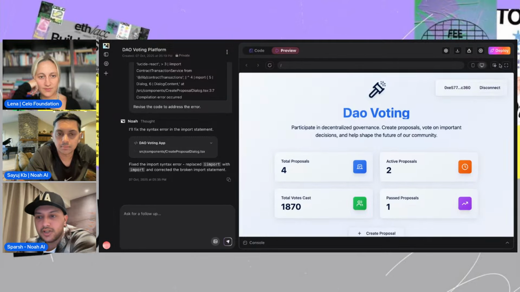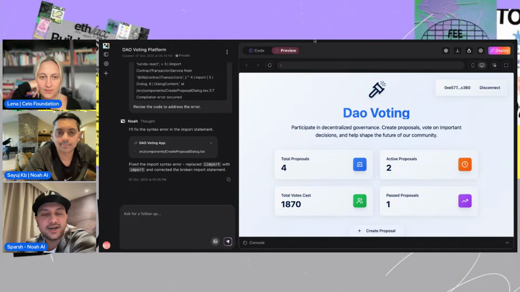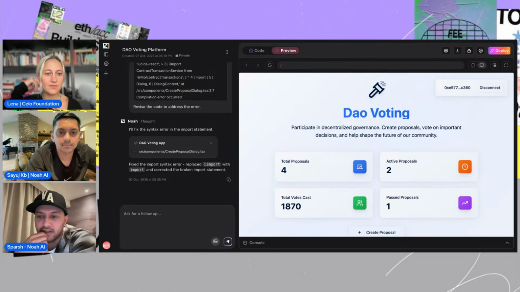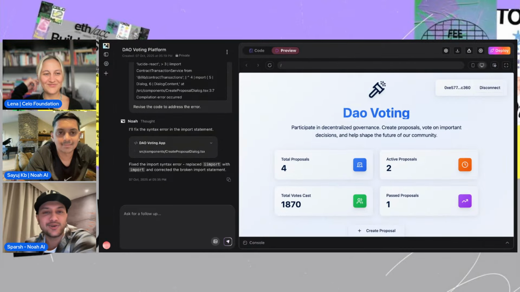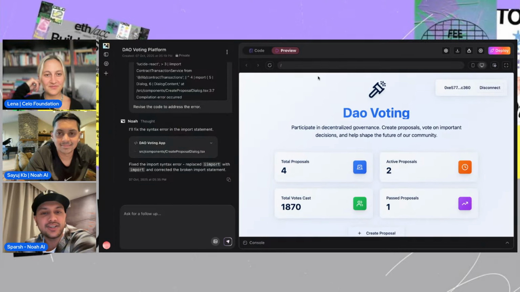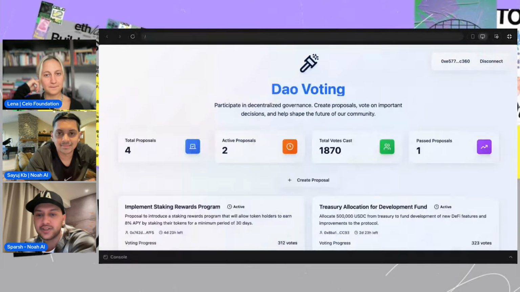And guys, it's normal if you see any errors. If you're a developer, you would understand that whenever you write code, you always get some errors initially when you try to run it. So it's pretty common. You just have to click on fix it there and it will fix it for you.